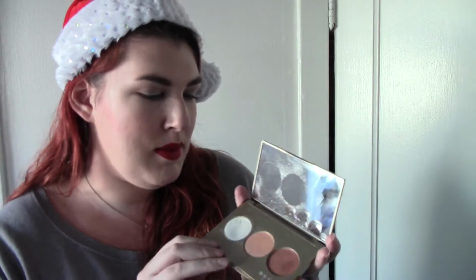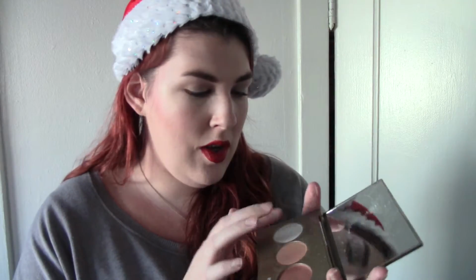This is the Becca Jaclyn Hill. Why do they always print things on the back upside down? Shimmering Skin Perfector Pressed Champagne Glow. This includes, as probably everyone knows, Pearl, Champagne Pop, and Blushed Copper. This is pretty dusty, and that's my bad because I'm an animal with highlight powders, but these are just so